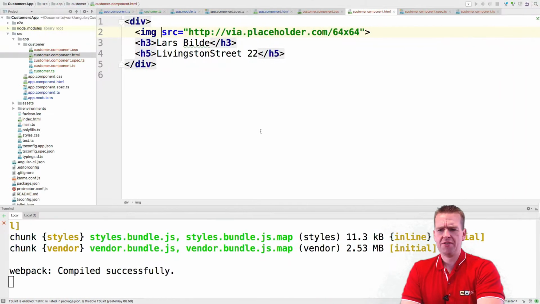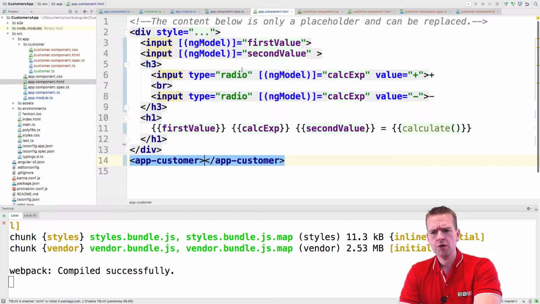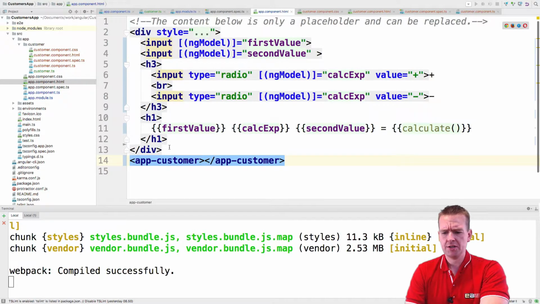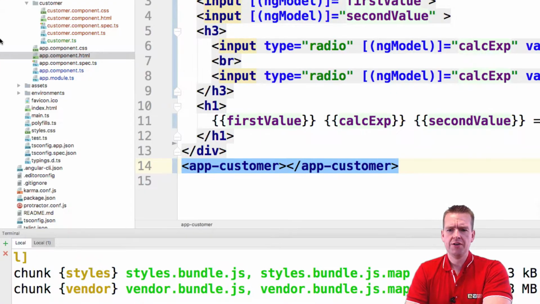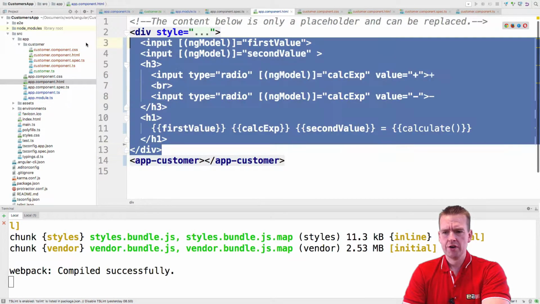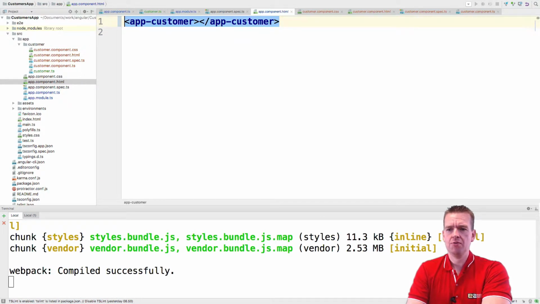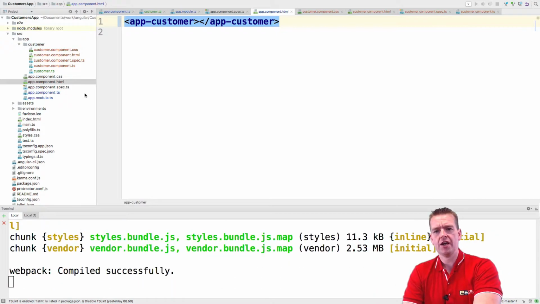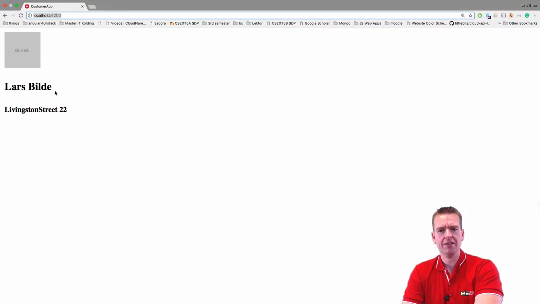I want to get rid of the math thing now. I'm kind of annoyed by that one. So going into my app component HTML file, let me just show you where. Right here, the app component HTML file, and there I'm going to just destroy everything we built until now and just keep the app customer there for now. That's the only tag I want. So that means that now our page looks like this, and we can start figuring out how to style this